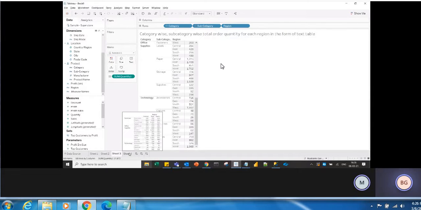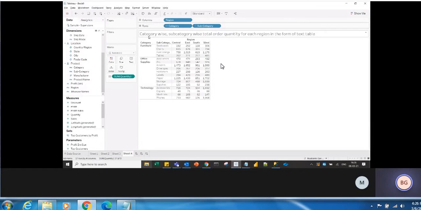But here, how are we doing? We are dragging category first, subcategory, and then the order quantity, and then we are dragging the region. Okay, so here you need to identify which are normal dimensions and which is the small multiple dimension. That is the key thing while using small multiple dimensions.